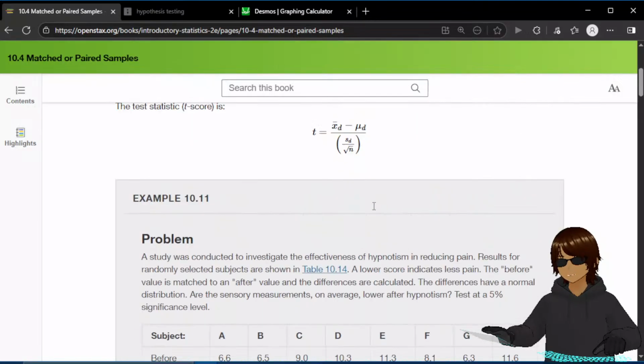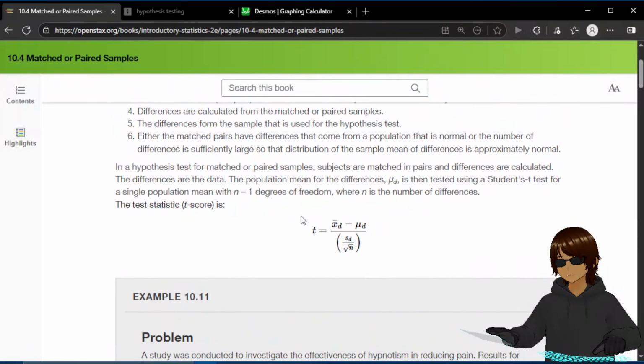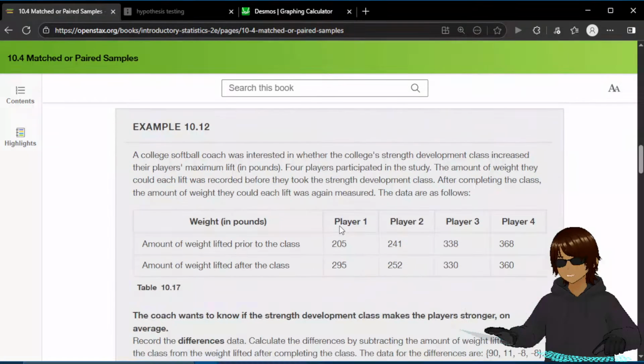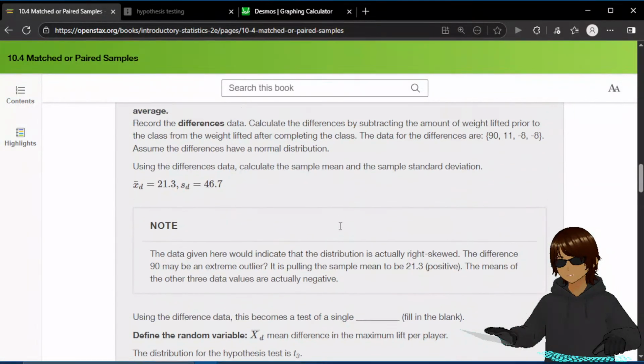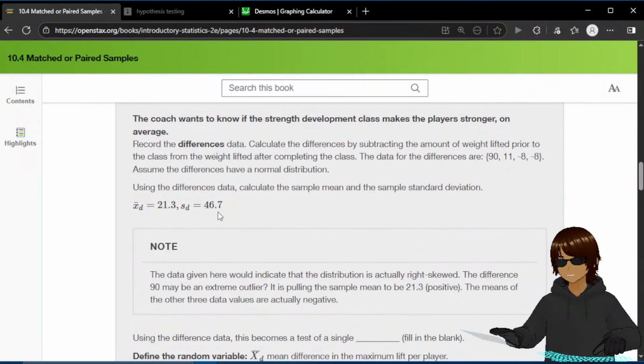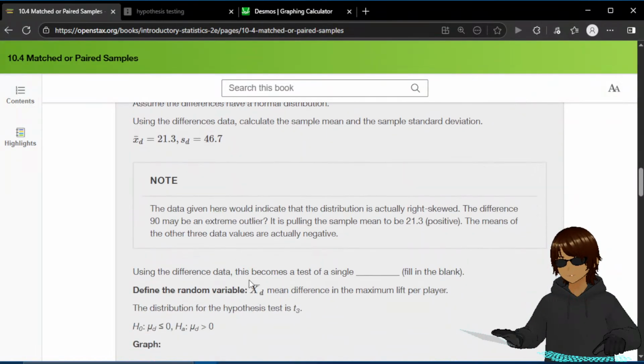So what do we plug in though? What do we plug in? 21.3 and 46.7. This becomes a test of a single